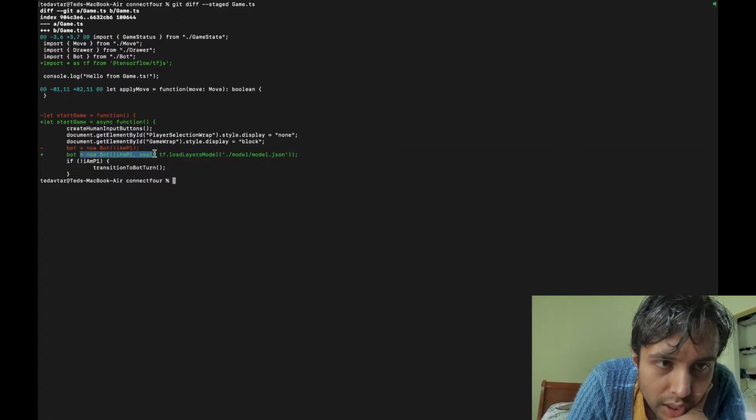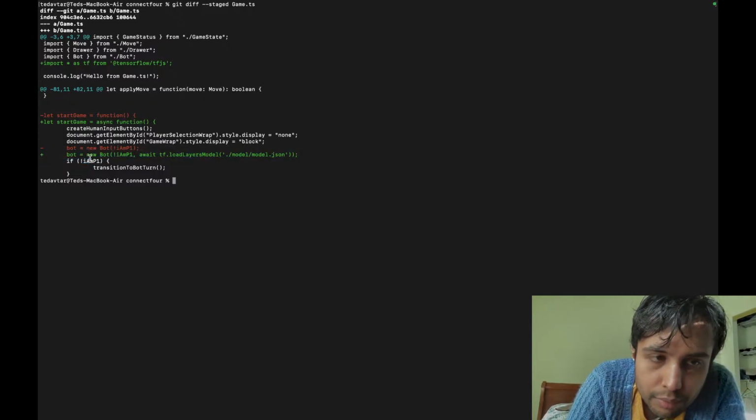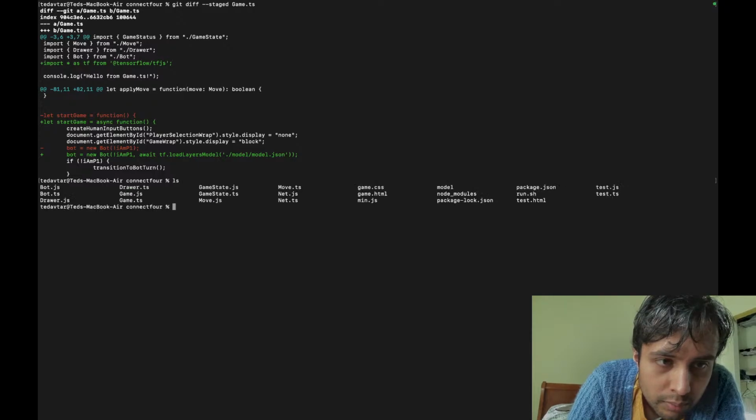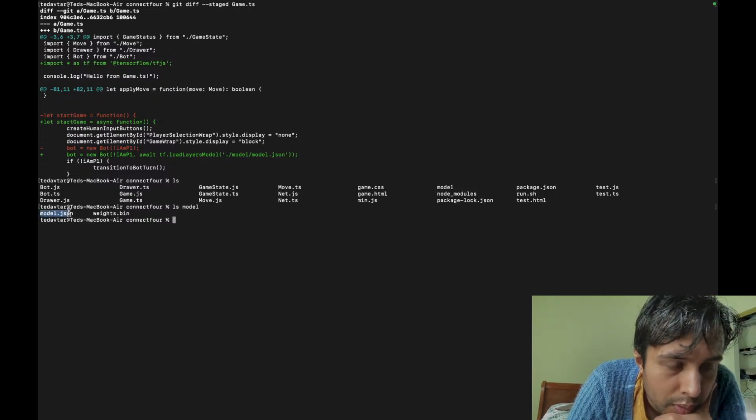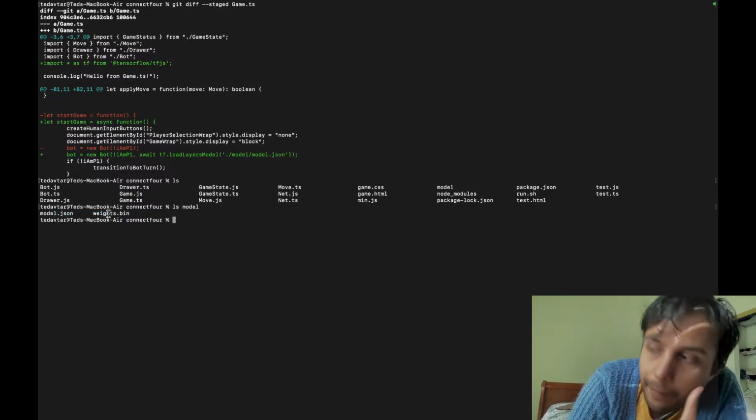So now we want the bot to actually use this model. Again, if we do ls, we see model, so we have to do ls model, and then here we go. The model and then the weights. And that's how it's done, right?